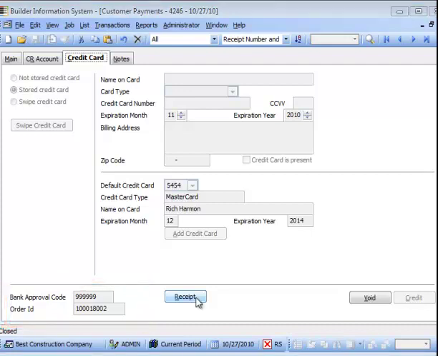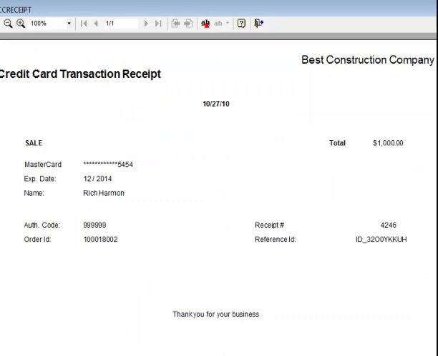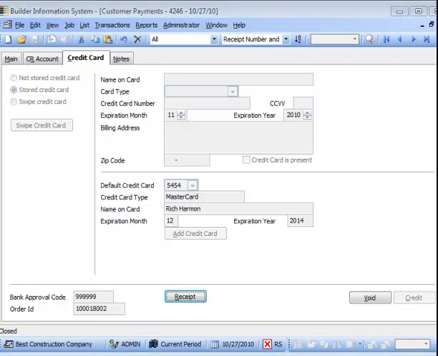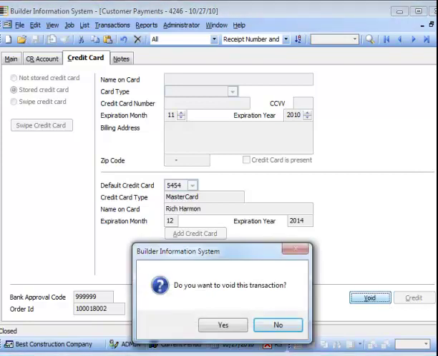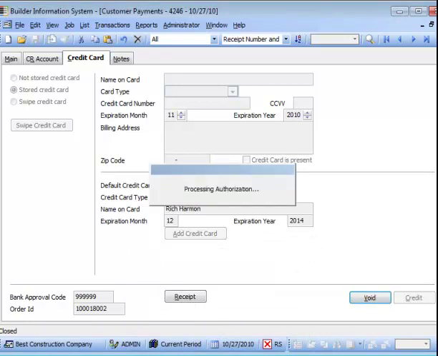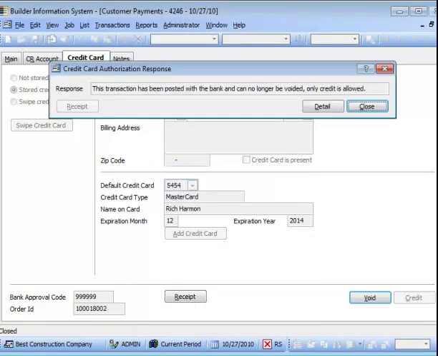The Receipt button allows a receipt to be generated, which can be printed, exported, or emailed if desired, while the Void button may allow the transaction to be voided within a brief period after initially completing the transaction. When pressing the Void button, Builder Information System will provide a prompt asking, "Do you want to void this transaction?" Selecting yes will initiate the void transaction process and will result in a credit card authorization response indicating transaction was